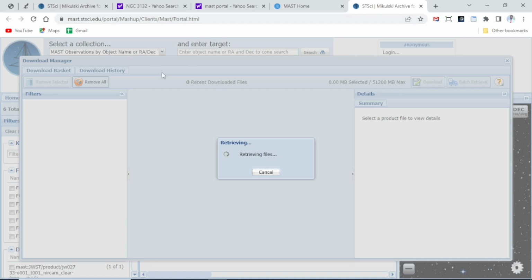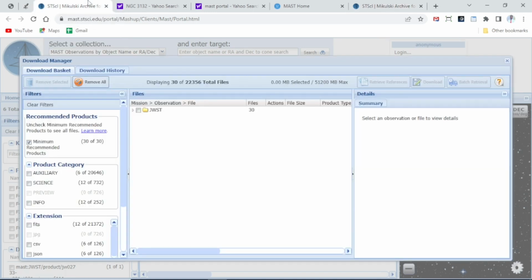And I scaled through, and here are the ones. This is it. So you have up to 30 files, and I don't need all of them. So I only need the FITS. So you come over here and you click on the FITS. Then come over here, you click on the science, because watch, after clicking the FITS, it reduces to 12, then I only want the science data, and we have up